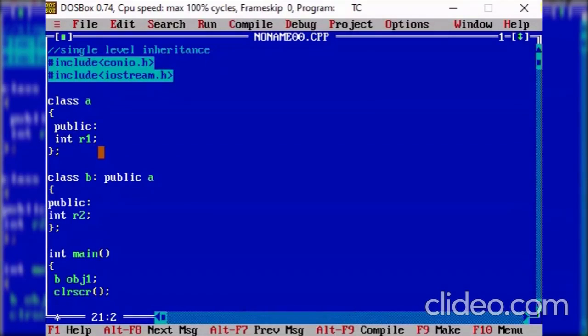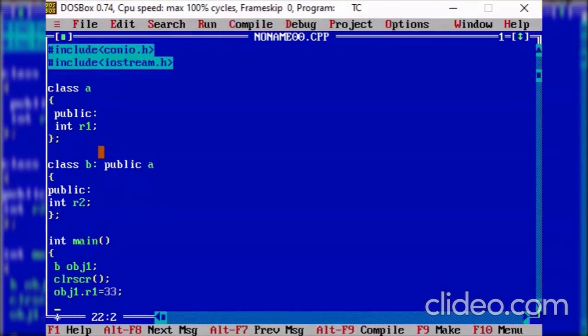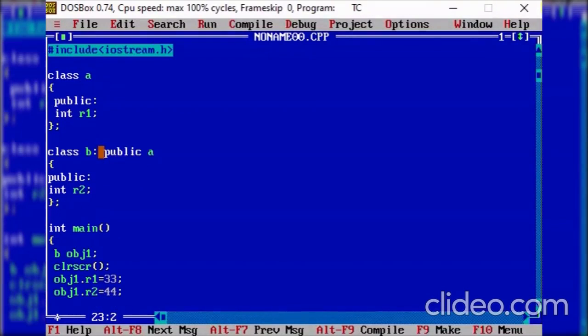Now we'll go for obj1 dot r1, and I am making a change so the value will be 33. For the second thing, obj1 dot r2 equal to, that value is, let's say, 44.